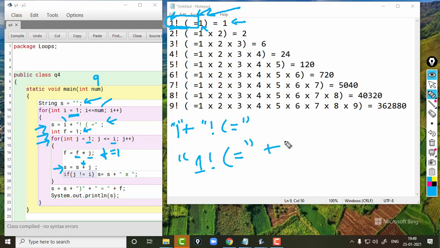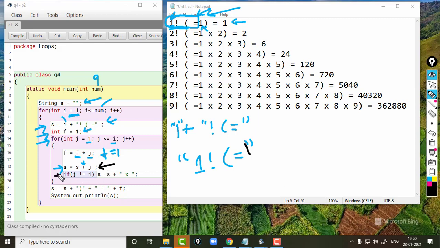And what is j? J is 1, so 1 gets concatenated, and now the string becomes this: 1 exclamation open bracket equals 1. So this is the value of s when this gets executed.